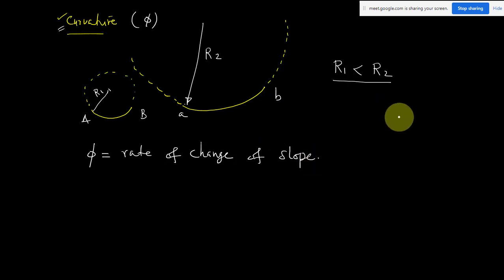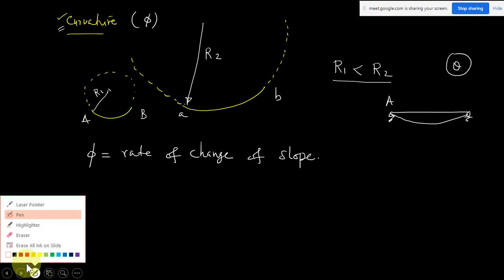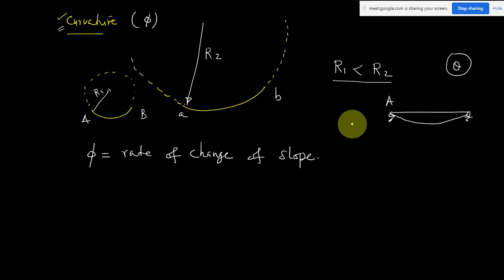So suppose you take a beam, it is going to bend like this. So what do you mean by the term slope? Theta. Suppose at the point A, what is the slope of this curve? How will you find the slope of the curve? In Engineering Mechanics also you have studied that the slope of the curve at A is found by drawing a tangent at A. Then you measure theta A, the slope at A.